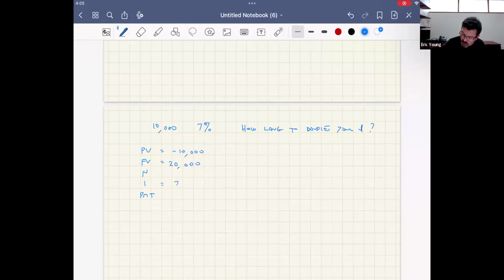We said that you're going to grow your money at 7%. That's your interest rate. That's a given. Since I gave you no indication of PMT, that's a 0. And now we're solving for n, and that makes sense. N is the missing variable, and we're asking how long will it take? Well, that's a time period. So we have that. Let's go back in.